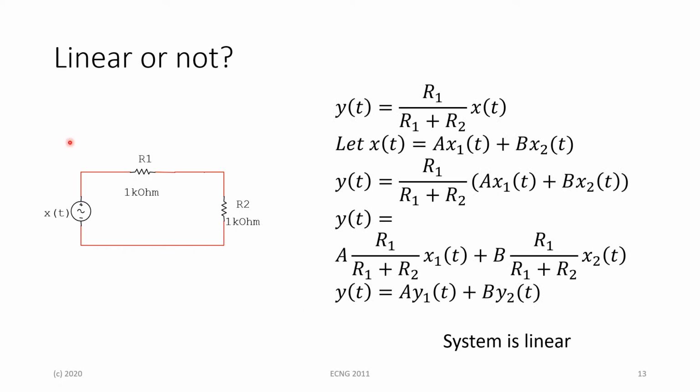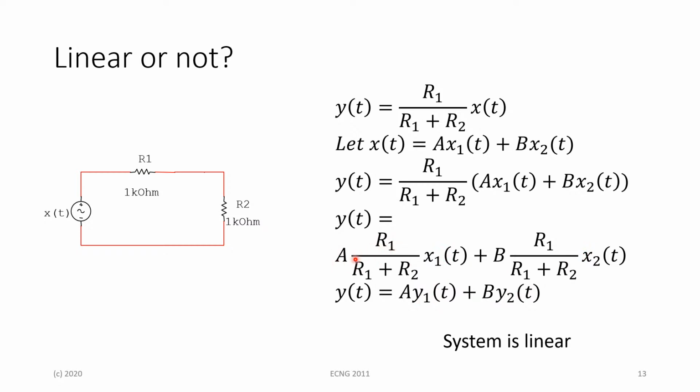So if we watch here for a purely resistive system, we know that our y of t equation can be mapped to get in terms of x of t. Basically we'll be observing the voltage across one of these resistances. If we do our substitution for x of t and plug it into the equation, and then remap the equation accordingly, we can get a mapping between x1 to y1 and x2 to y2,